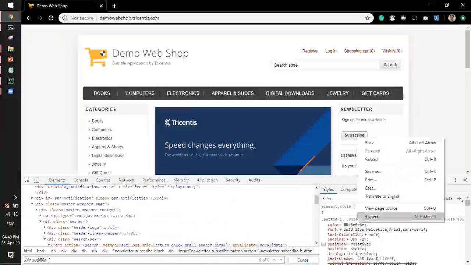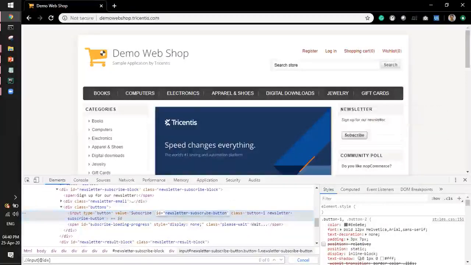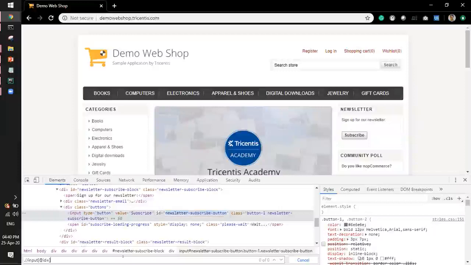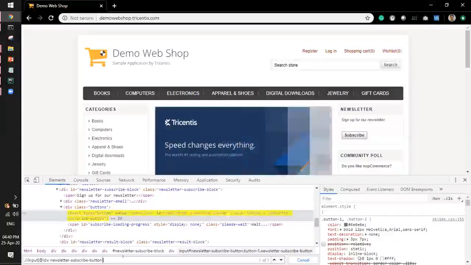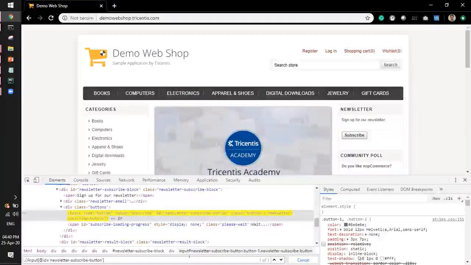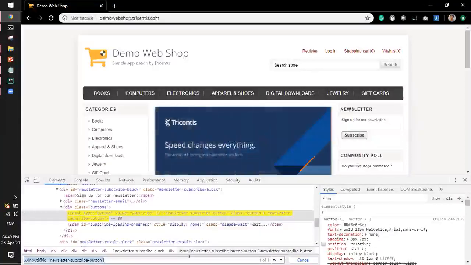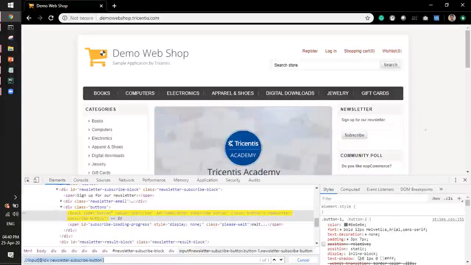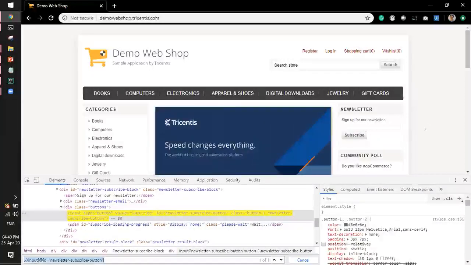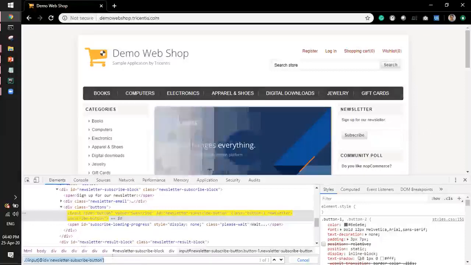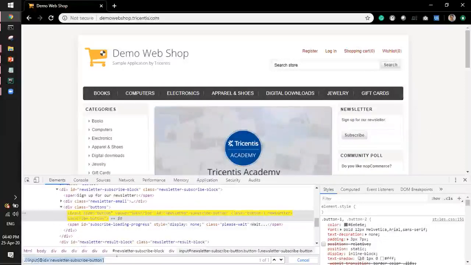my ID, which I'll put in single quotes. I can see 1 of 1, so that means my XPath is accurate. Similar to that, there is one more thing we can do to create an XPath which will be a unique one every time.